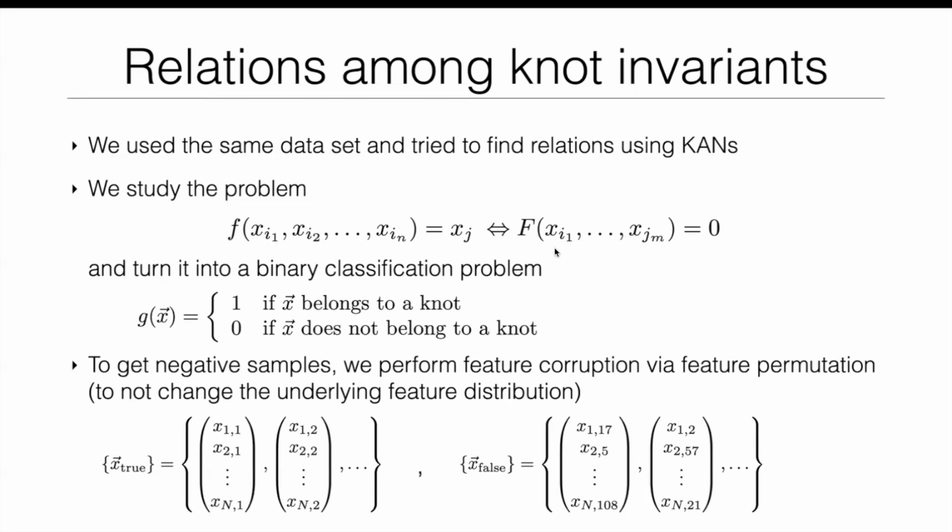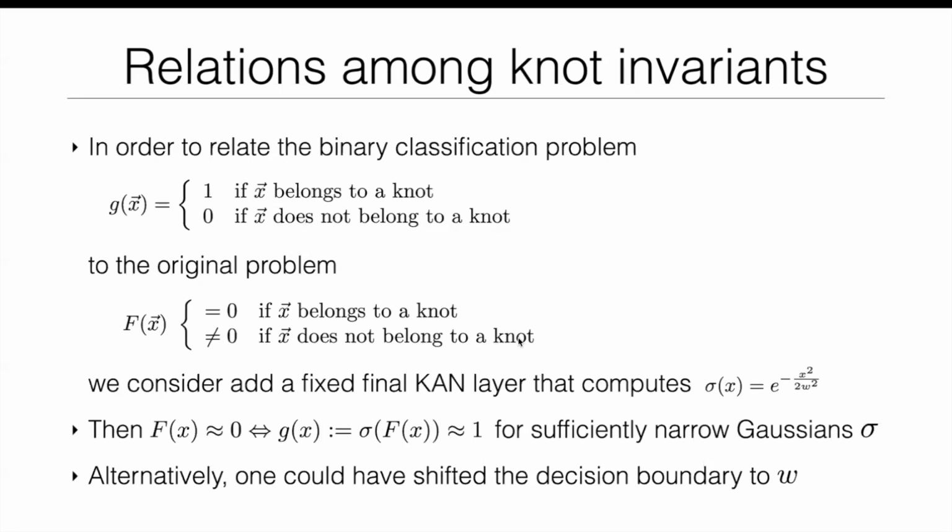Of course, if I was just trying to learn this function capital F, the neural network might just learn the function 0 everywhere. This solves the problem, but I haven't learned anything. This F, I want this to be a non-trivial relation between these different inputs. So doing it this way will ensure that I can learn something non-trivial, and then I can relate this back to the original